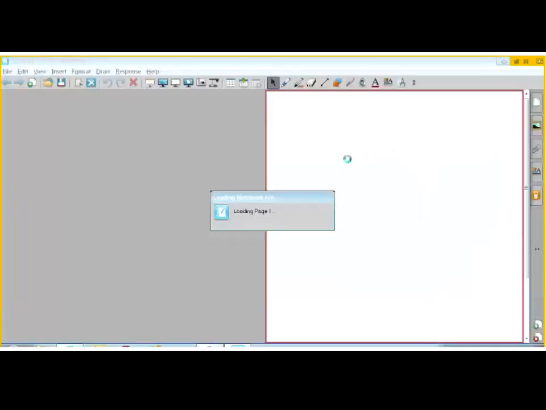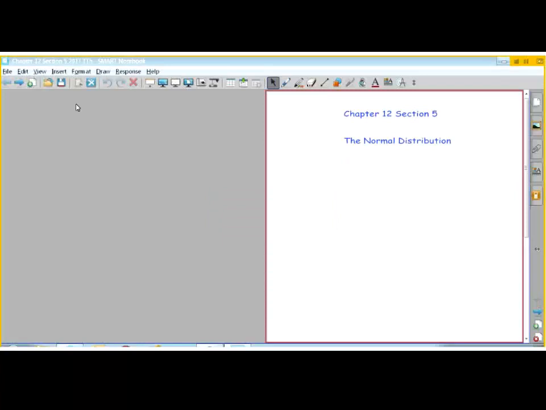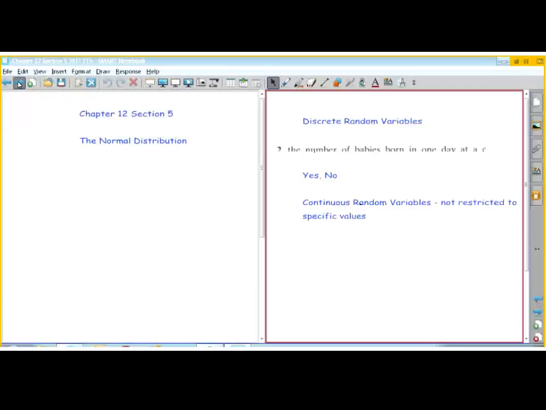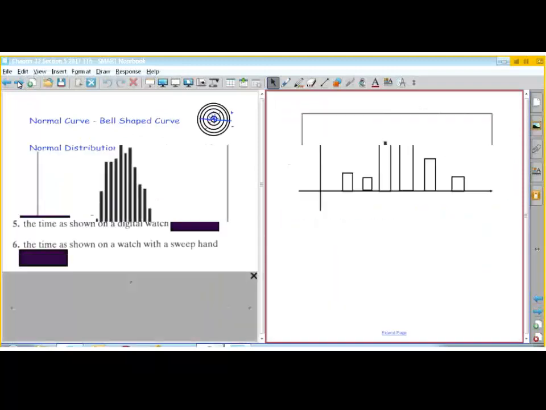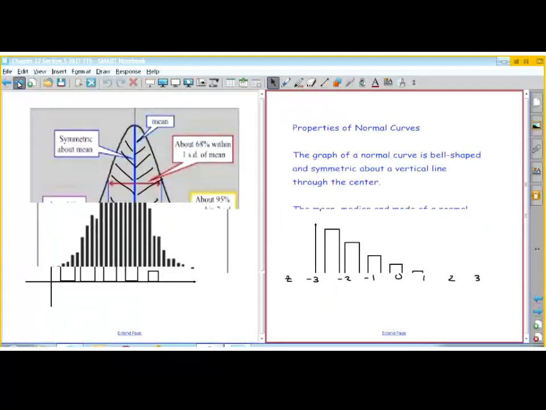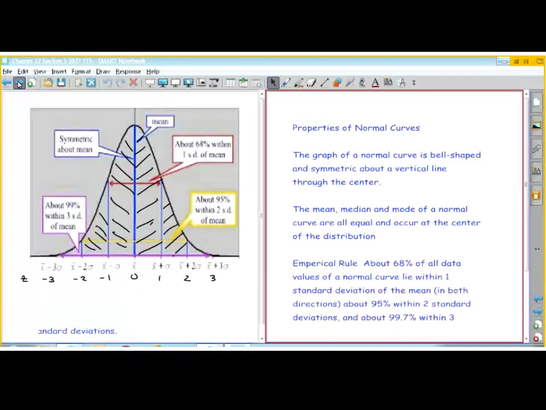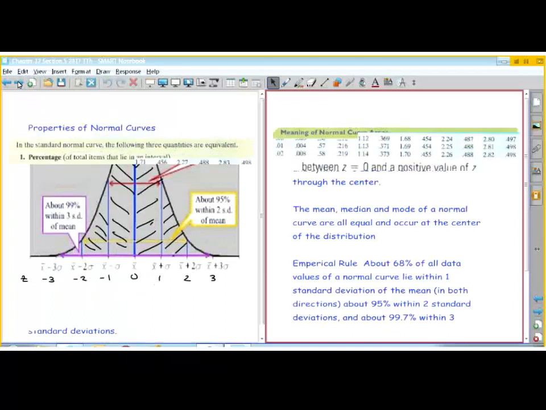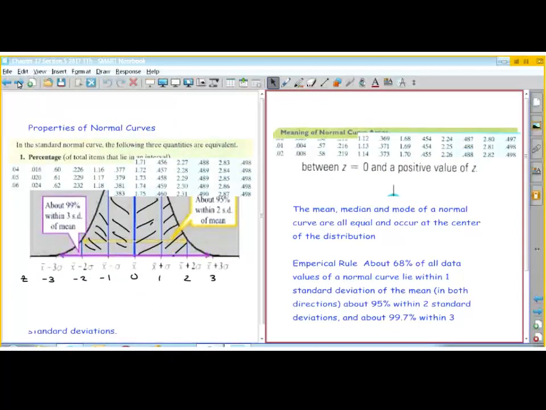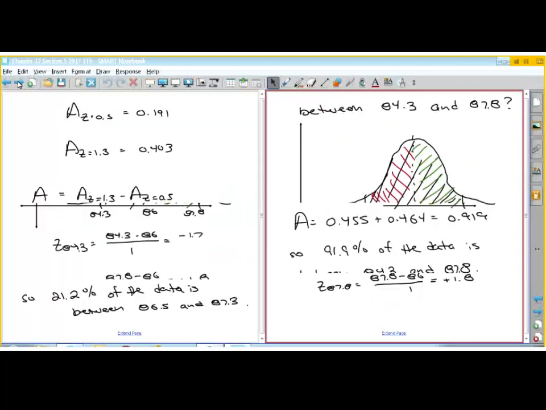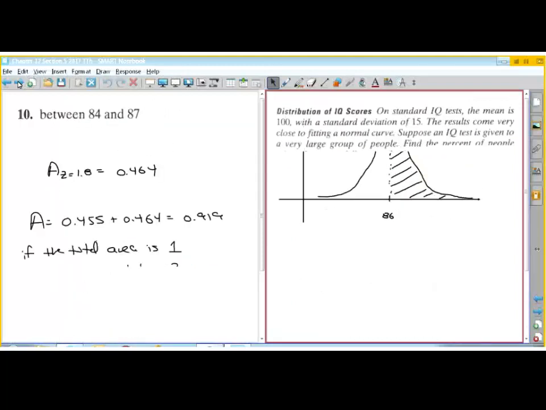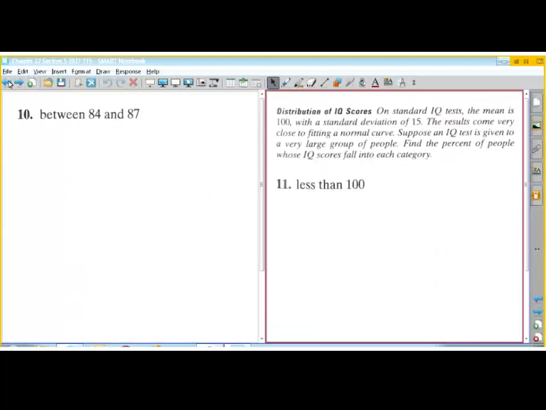Section 5, Tuesday, Thursday. So we'll probably finish up chapter 12 today. The next, oh, I was going to say the test, but there is no test for this one. The project is due next Tuesday. Okay. You should have been able to do the computer part, and we were going through how to solve these particular problems last time. So what we're going to do is just do a few more